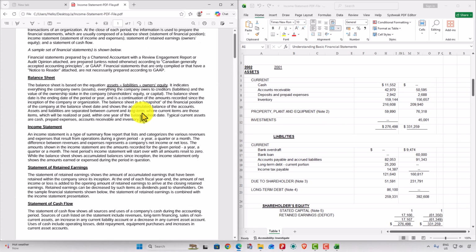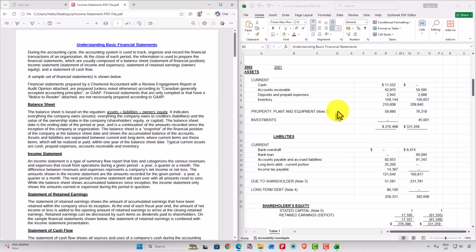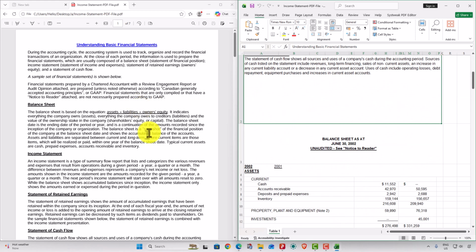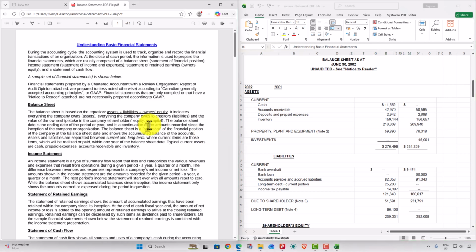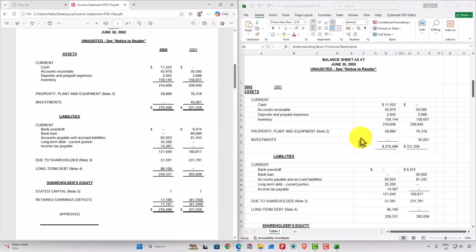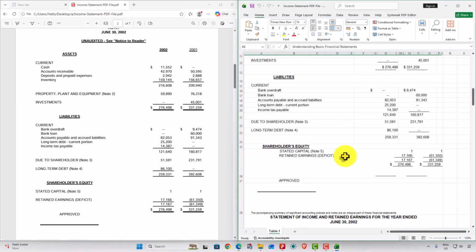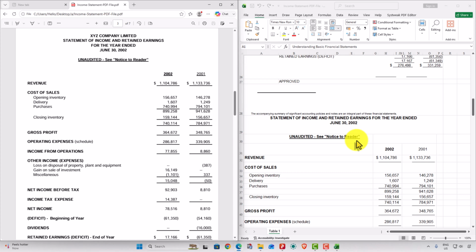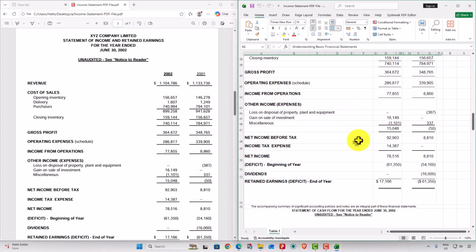So friend, this is the text part, and here on the top this is the text part. Now we are going to move here. Let's see the amount, if it is okay or not. So friend, here you can see that all these things are properly mentioned over here. All the amounts are good, everything is looking good. Okay, so here we are scrolling down, and here you can also see that all the amounts are